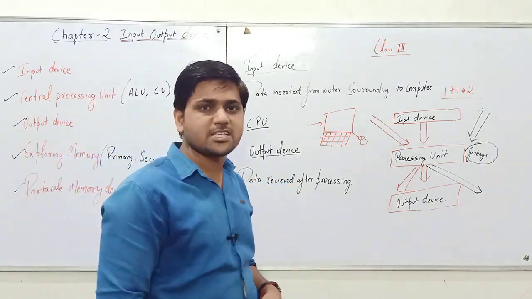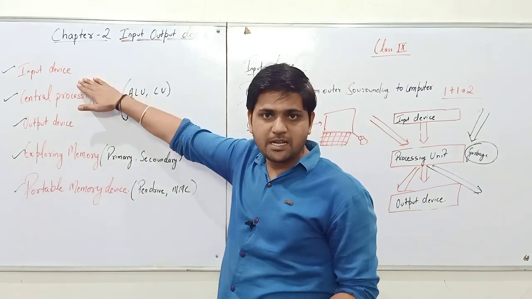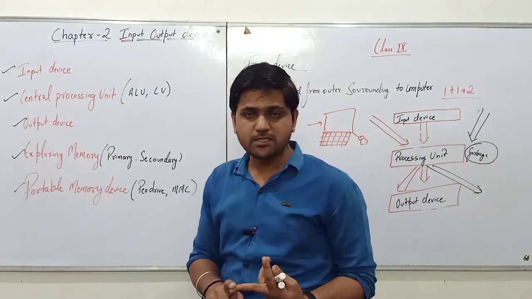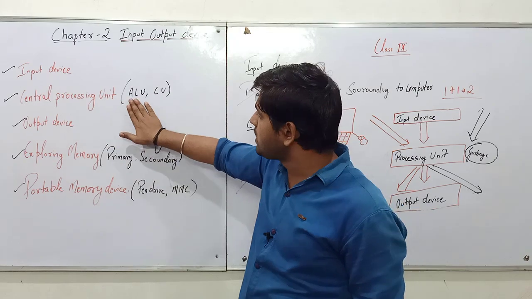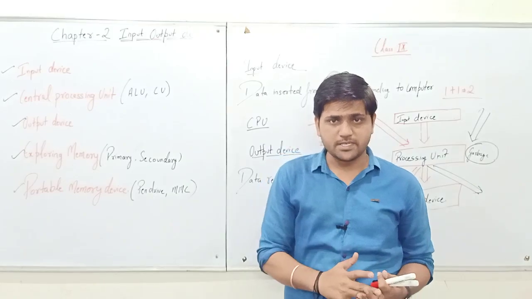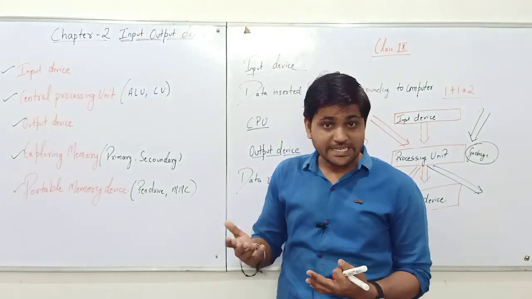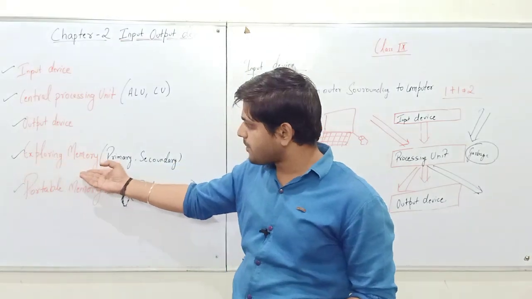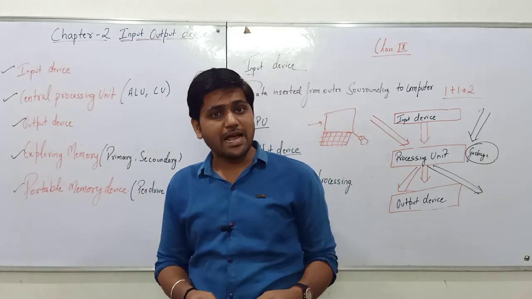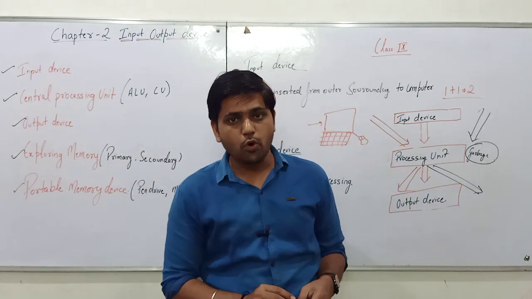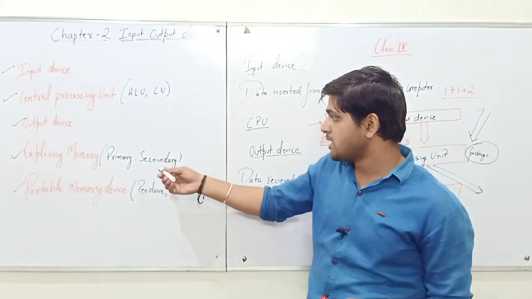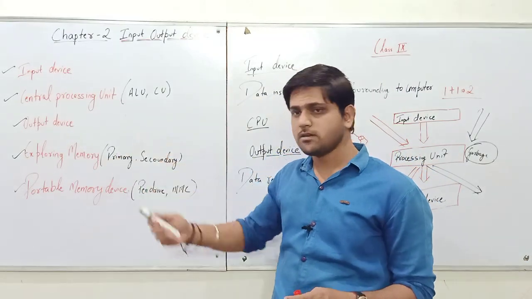In the next video lecture we will study in detail input devices such as keyboard, mouse, joystick, camera, scanners. For the central processing unit, we will discuss only ALU and CU. For output devices, we will discuss plotters, printers, monitors, projectors and many more. Exploring memories, we will discuss primary memory and secondary memory. In primary memory we will discuss RAM, and in secondary memory we will discuss ROM and hard disk. Side by side we will also discuss cache memory, and how cache memory helps primary memory to work properly with the computer system.